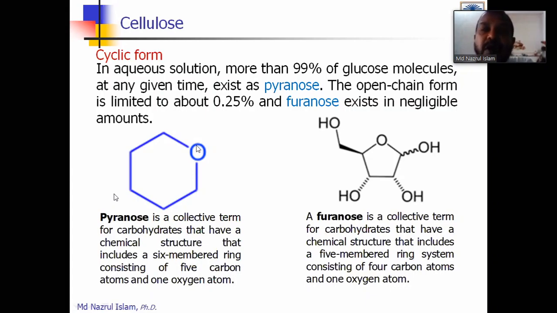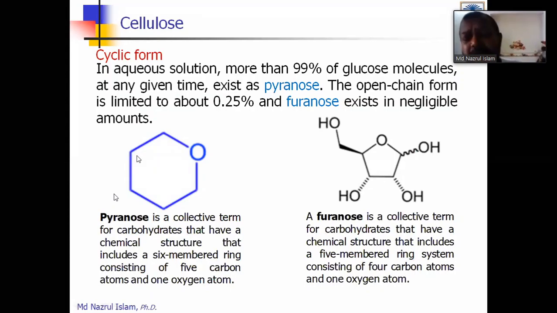However, we are saying C6H12O6 is glucose. Whether D or L, we know D and we know L. Both are made from C6H12O6. Now you just see there is an oxygen, so it means there are 5 carbon and 1 oxygen. So the structure is made from a 6 arm structure, in which 5 come from the carbon and 1 from the oxygen. So we will say that is the pyranose structure. Glucose always makes the pyranose structure.